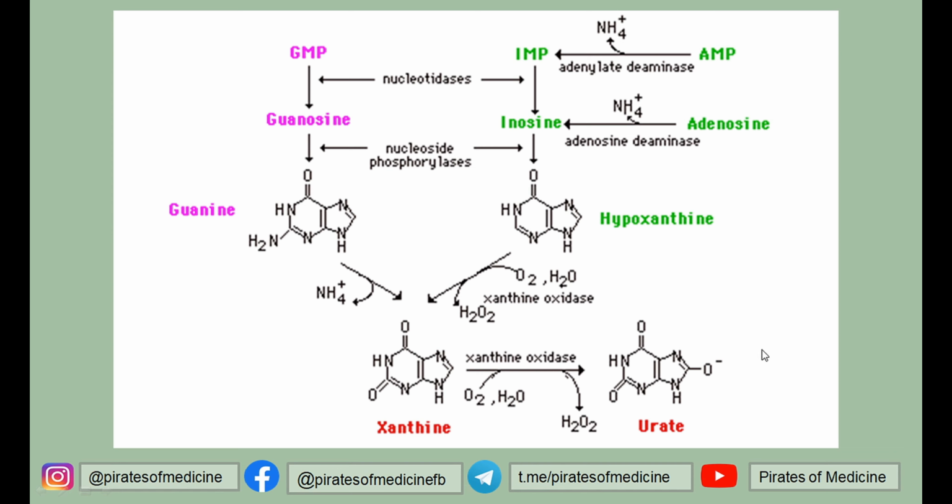So when there is an increased degradation of these purine nucleotides, it leads to hyperuricemia or increased amount of uric acid or urates in the blood. So that is the characteristic thing which is seen in our patient over here, that this hyperuricemia has caused deposition of urates on the joints, which has caused pain, swelling and reddening of the skin over the joints. So this condition is caused by disturbed metabolism of purines.